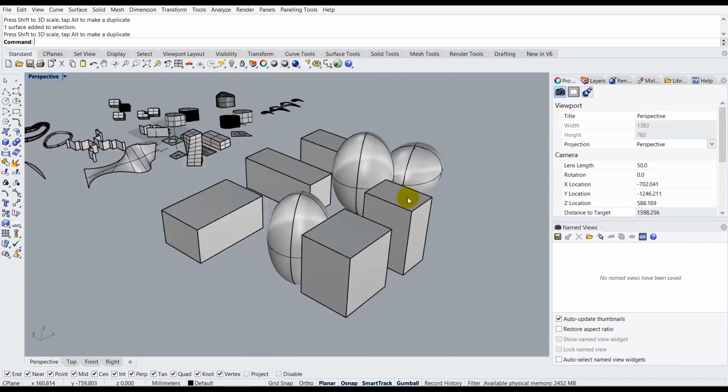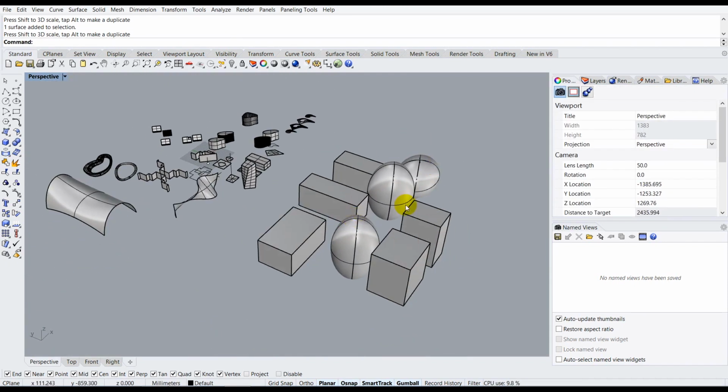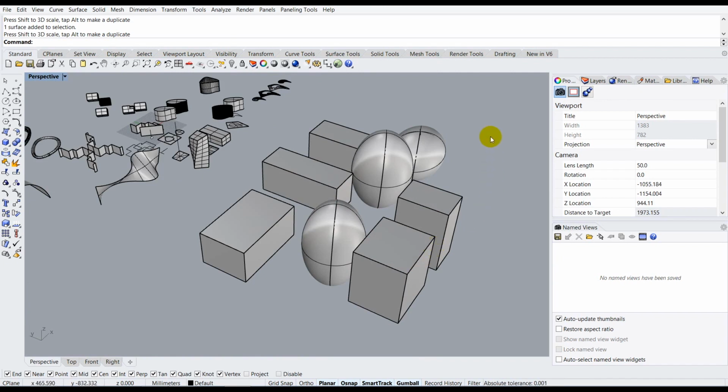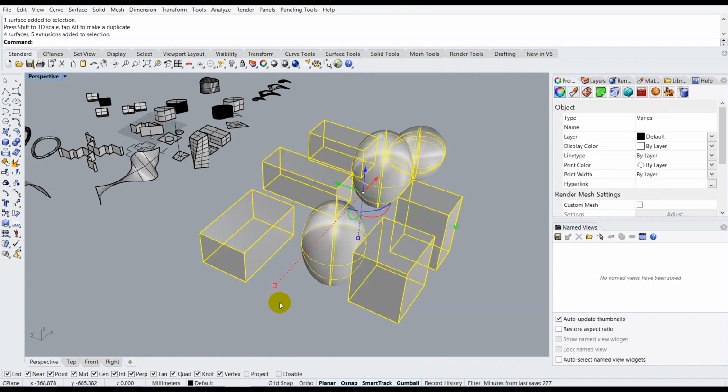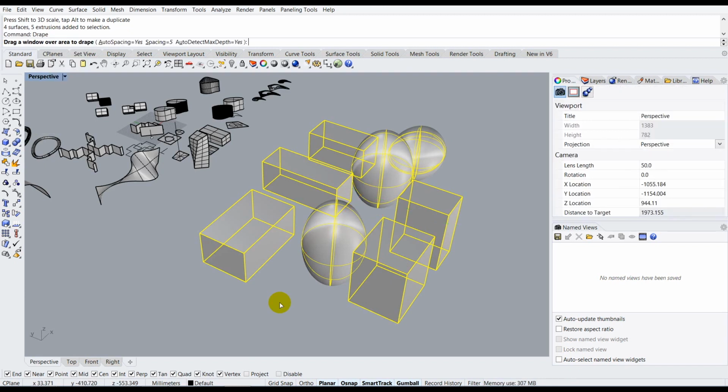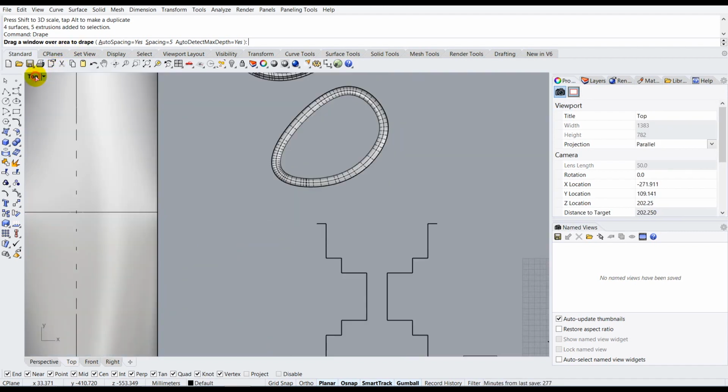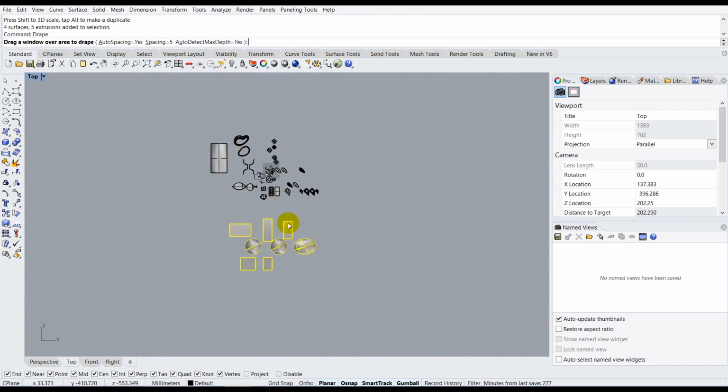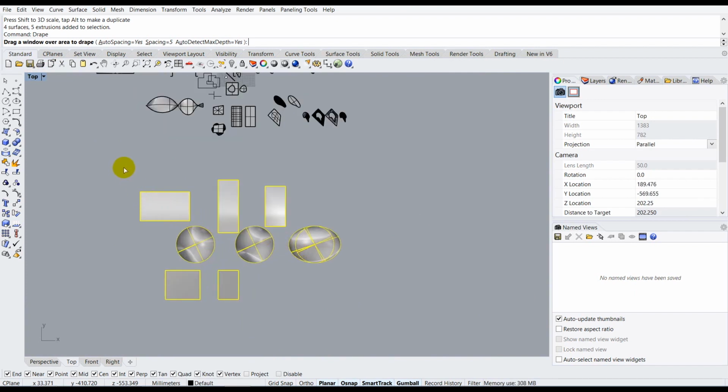So once you're done creating these kinds of geometries, now let's understand how drape works. You can select all these geometries and just type in drape. After you type in drape, it will ask you to drag a window over the area to drape. For this particular option, you can move to your top view, and after you move to your top view, you can just drag a window like this. Once you're done, you can just